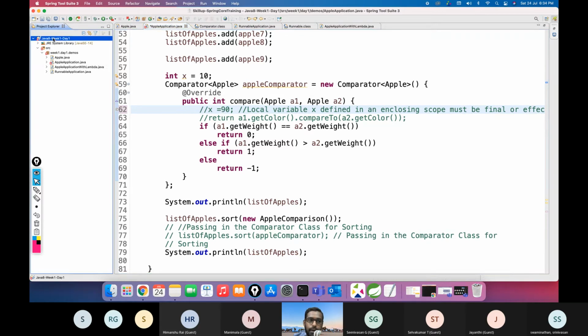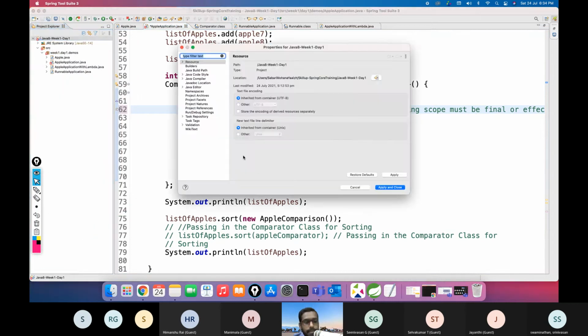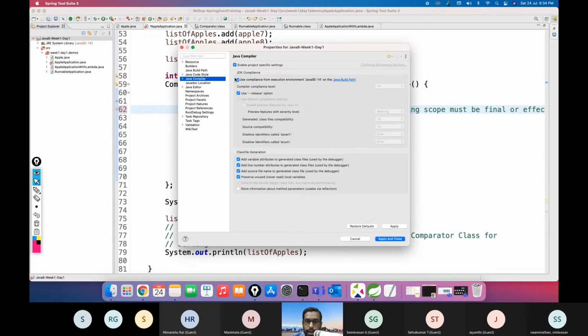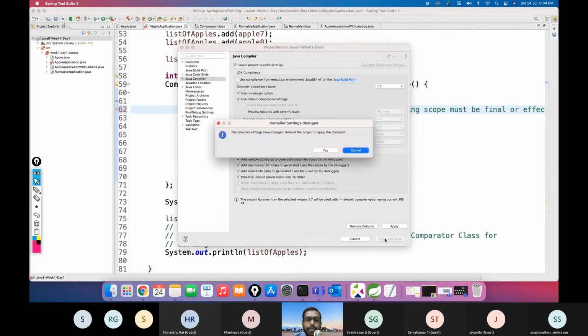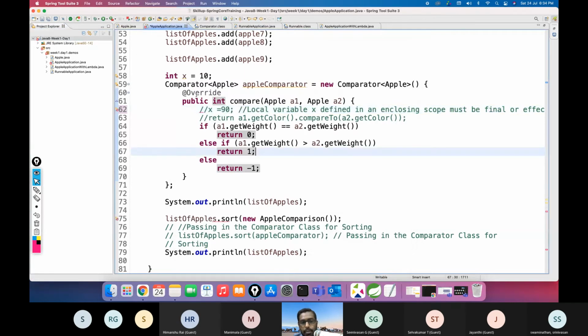Now, I'm right clicking this project, going to properties, and looking at the compiler. In the compiler level, I'm downgrading it to 1.7. Please make a note of it. The compiler version is downgraded to 1.7. If I make it 1.7, if I'm using this x,